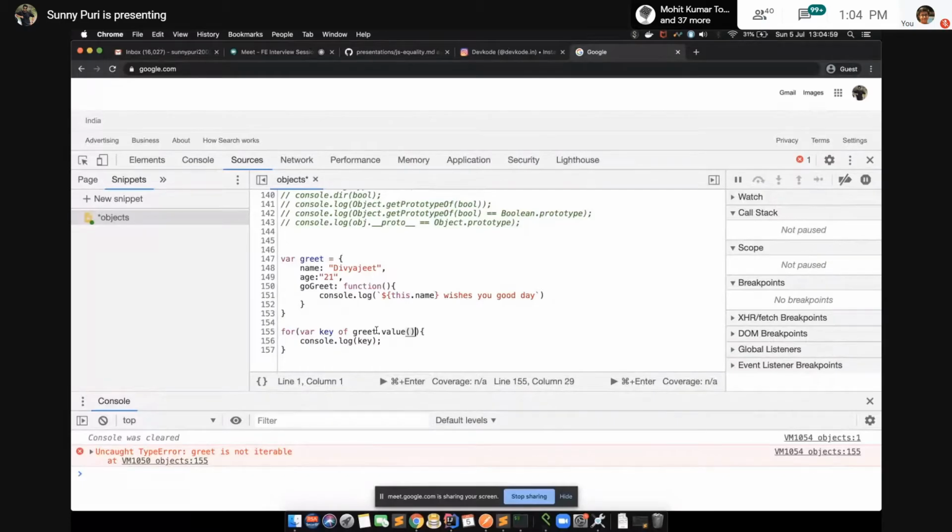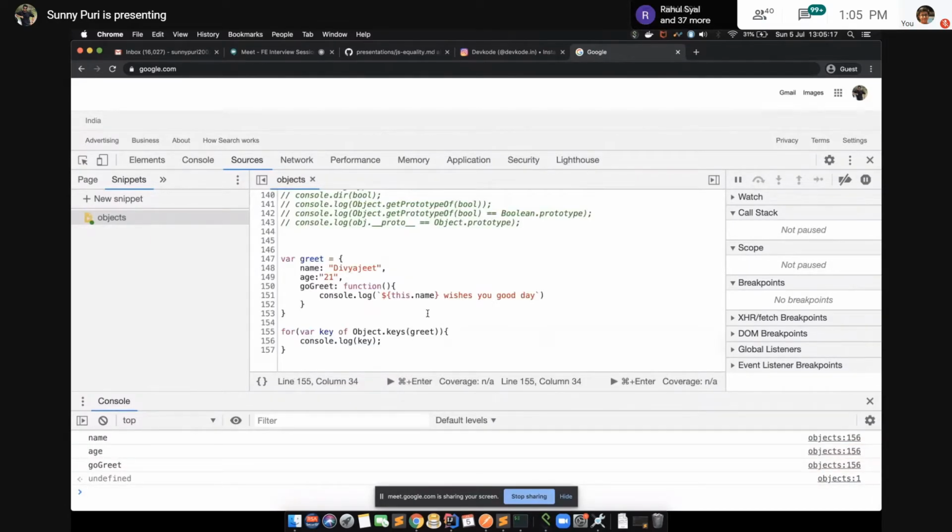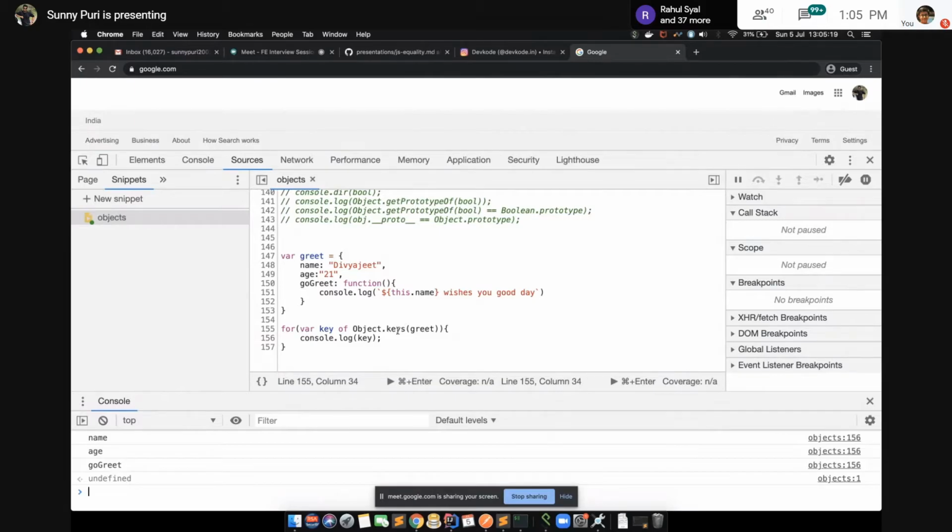For example, either convert like this: Object.keys, then pass the greet object, or if you want the values, do something like this, because objects are not iterable.